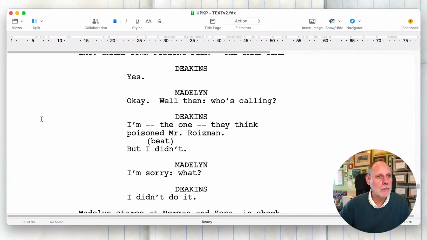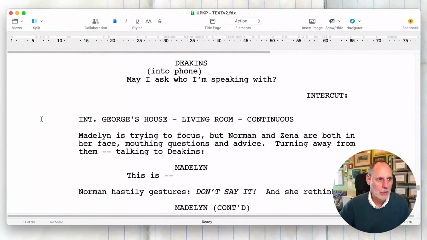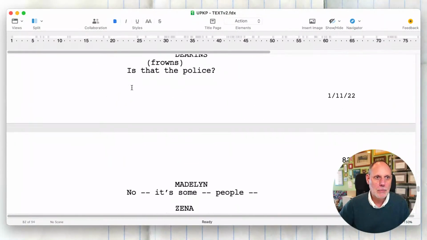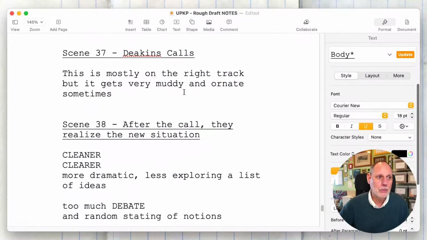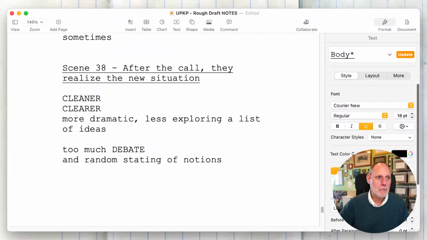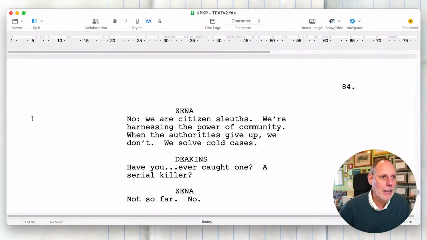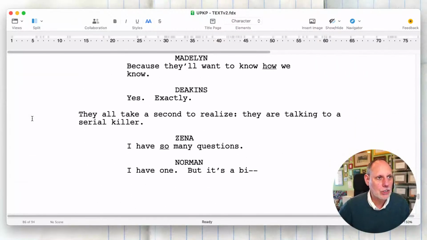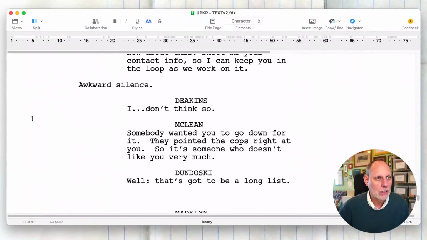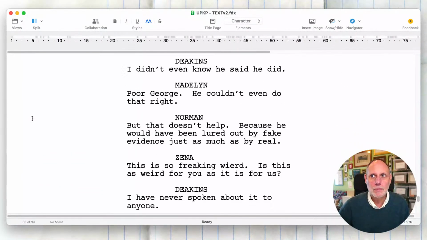But the basic scene is working. We're gonna go with this. It's okay, and it's a long scene. It's a big sequence, and likewise the last scene after he hangs up, and they all say, "So this is a lot of talk. This is good. Good scene. Good idea for a scene at least."